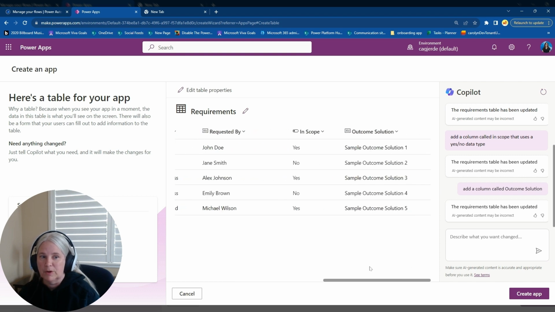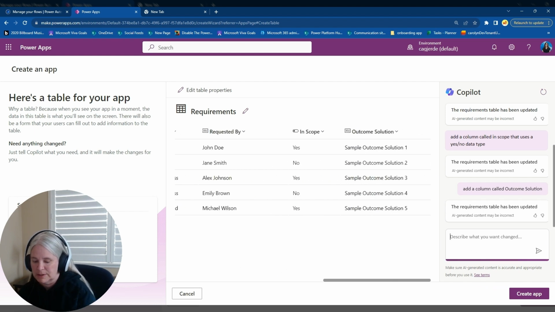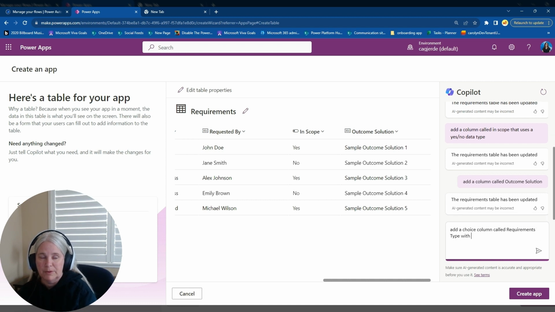And just one more. Let's add what the type of requirement is, because with business analysis, we have multiple types of business requirements. It's also important when you're creating the Copilot part that you get all of your data structure in place, because we're going to be building the app just on the data structure. So let's add a choice column called requirements type with